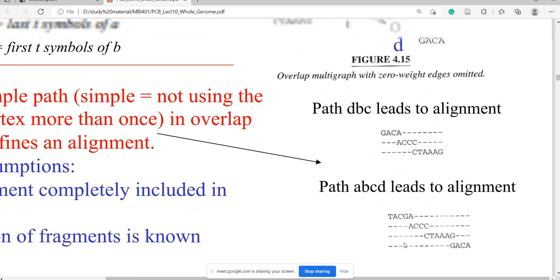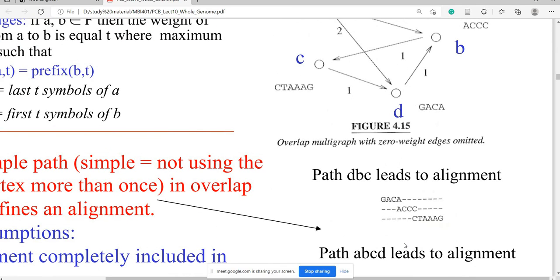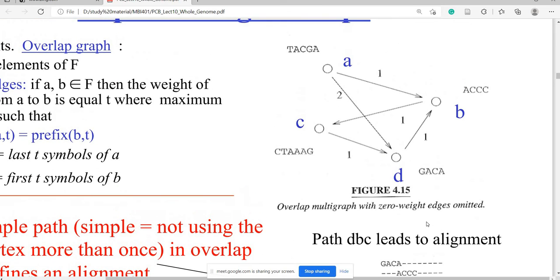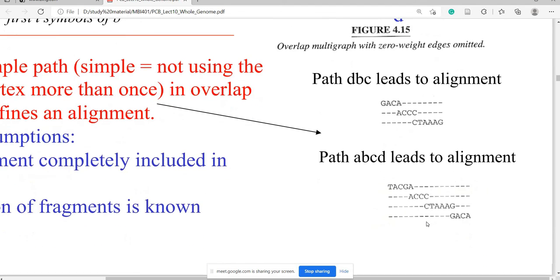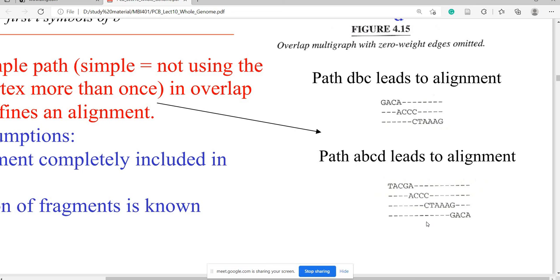Here you can see that you can put each fragment above each other. The path D, B, C leads to the alignment like G, A, C, A, C, C. This is another example, where we have fragments A, B, C and D, and you have to align all of these. On the right-hand side you can see the path D, B, C leading to the alignment.